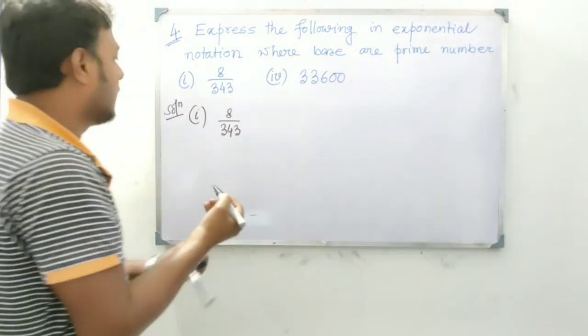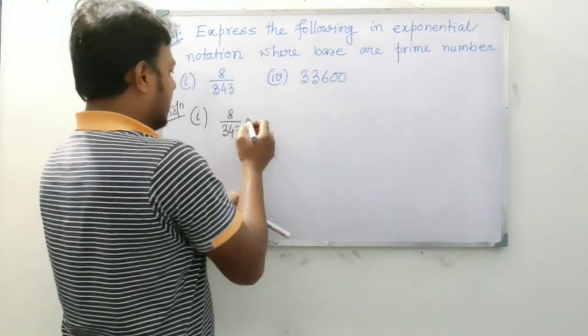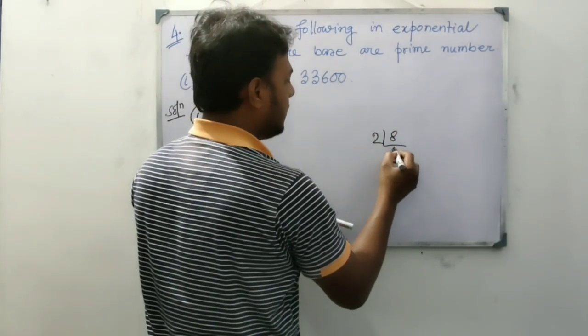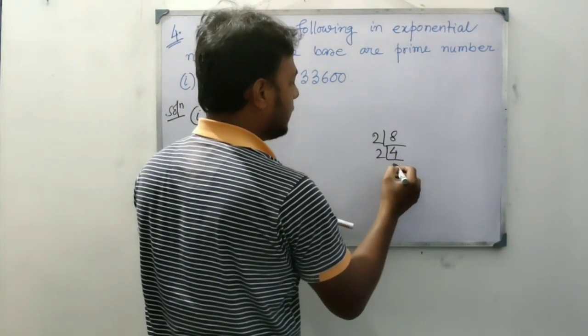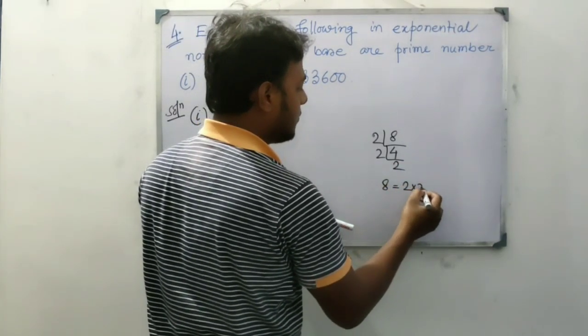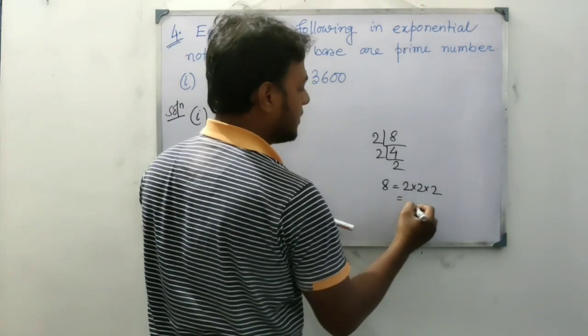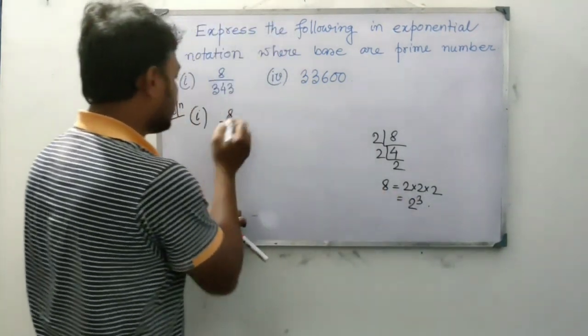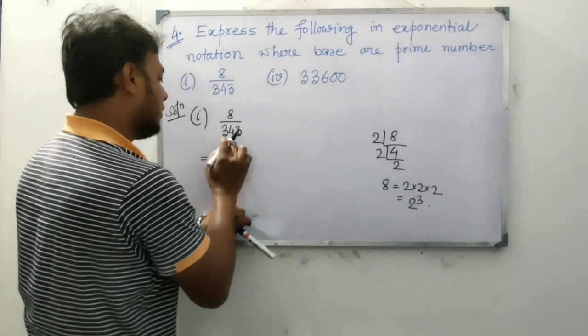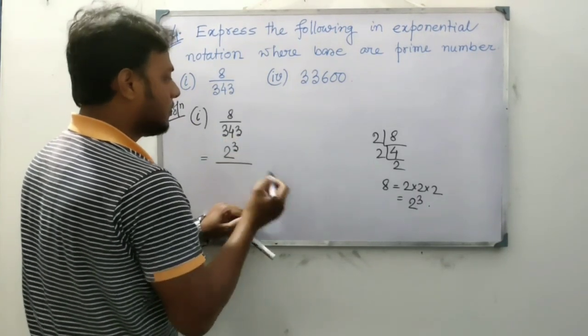Okay, so just expand the numerator: by 2 it will be 4, by 2 again 2, so 8 can be written as 2 into 2 into 2, which is nothing but 2 cube. So in place of the numerator we can write 2 cube, converting the numerator into exponent form. Now for the denominator,